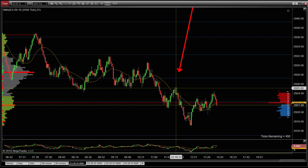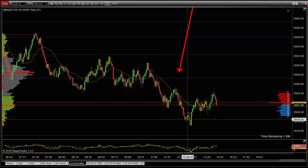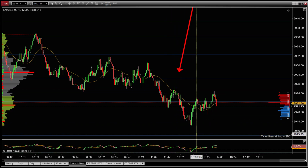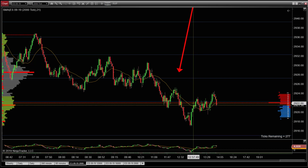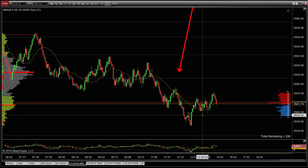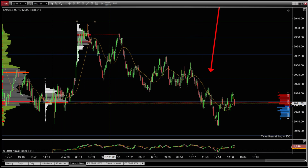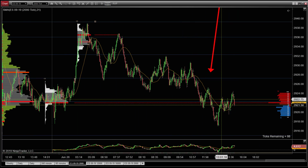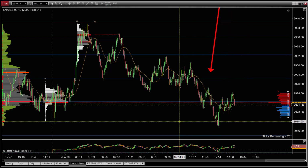But if you held on to it, you would have got 22 to 25 right there. Sold down, didn't quite make that 14 level that was sitting down here. But nice little bounce right up here into the scalping line. If you took the scalping line, you would have got paid. You can see that there's a line playing all the way across here where the scalping line is, and it's basically using it right at this point